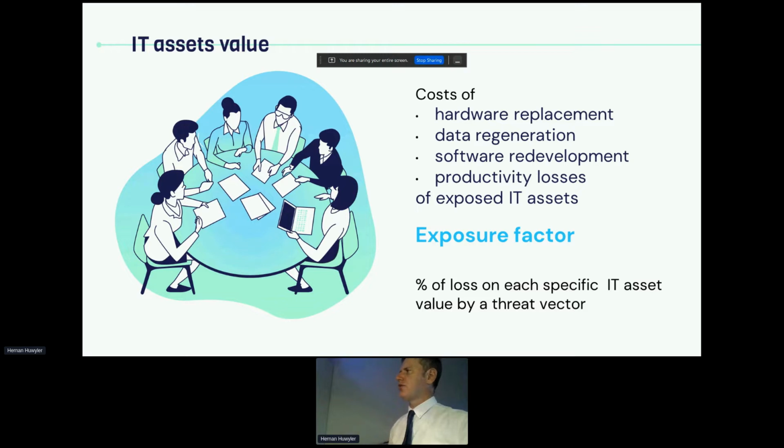Because at the end of the day, for each risk scenario, we need to understand the impact in terms of the cost, and we should be able to calculate how much is the replacement cost for our hardware if it is damaged, how much we need to invest in recovering and regenerating data, how much time we need for developers to improve wrong coding, or how much we can impact our users who are unable to use an asset for a while because the risk materialized.